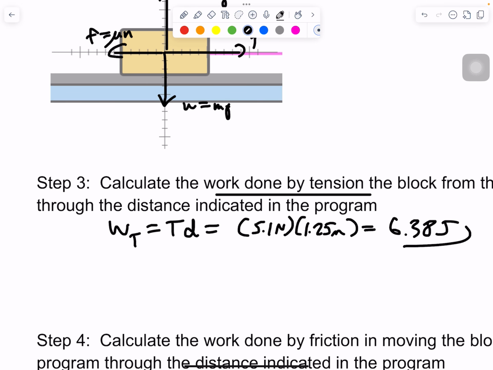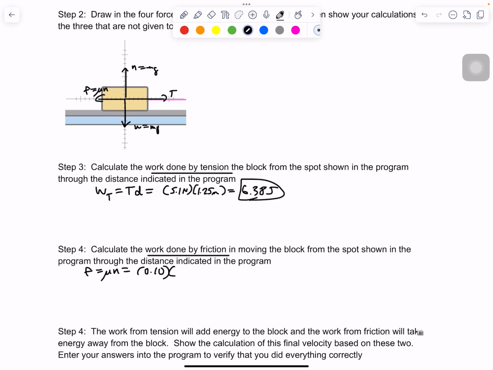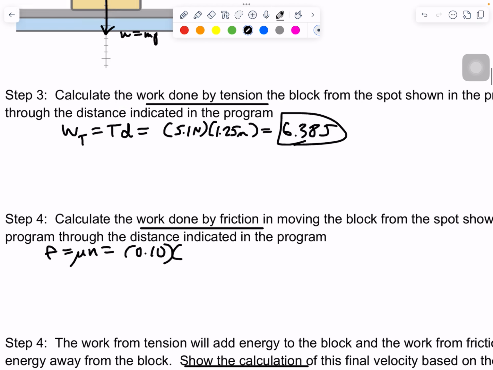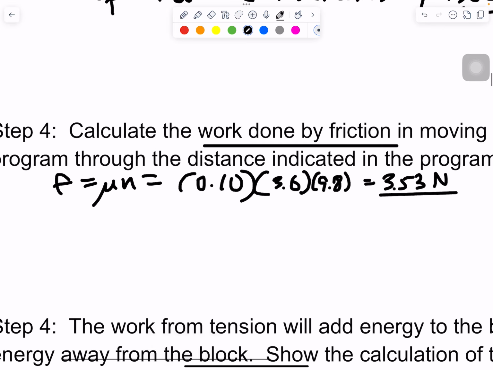.38 joules. Okay, now we're going to find the work done by friction. So first, let's find the force of friction. Mu times normal force: 0.1 times the weight, mg, so 3.6 times 9.8. All right, now about 3.53 newtons of force, which means the work done by friction is going to be friction